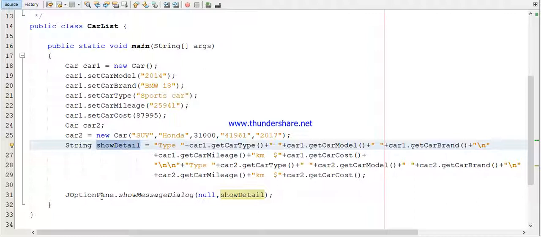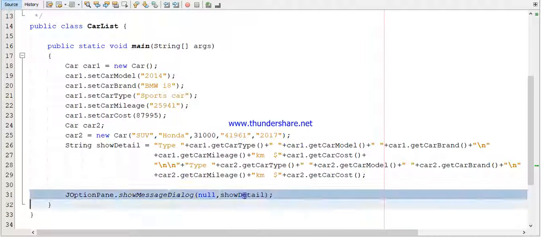I'm using JOptionPane. You already know JOptionPane, you can check in my previous video. So JOptionPane.showMessageDialog(null, showDetail). There is no parent component, and showDetail is the string. So when I run this one,